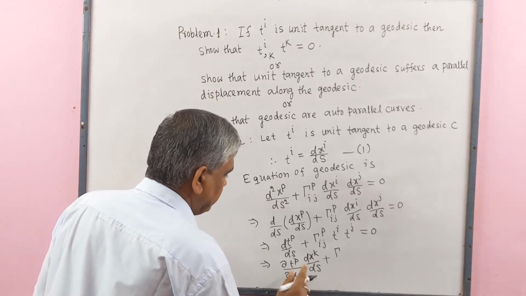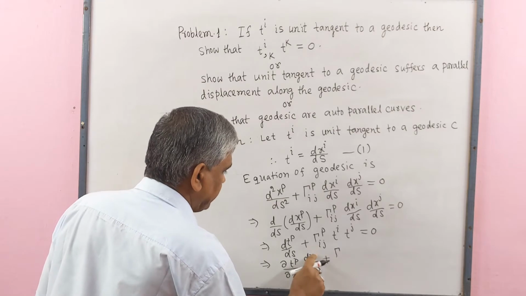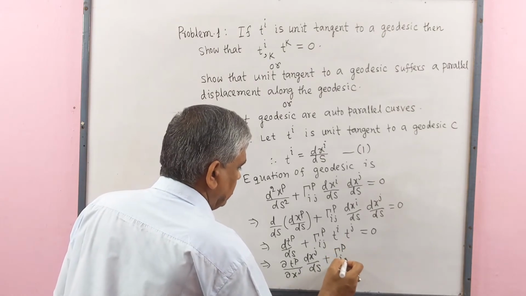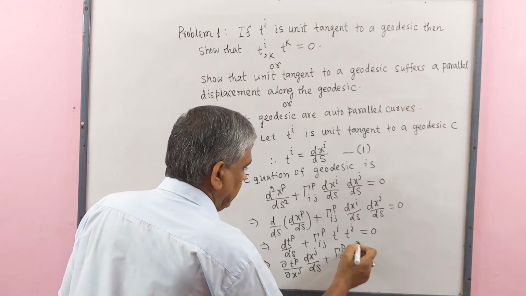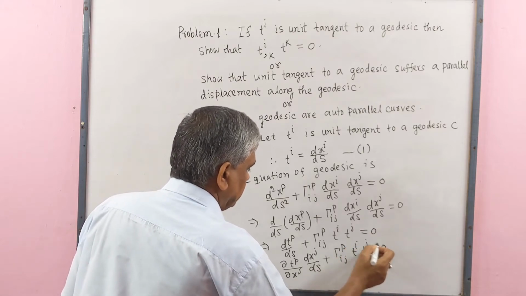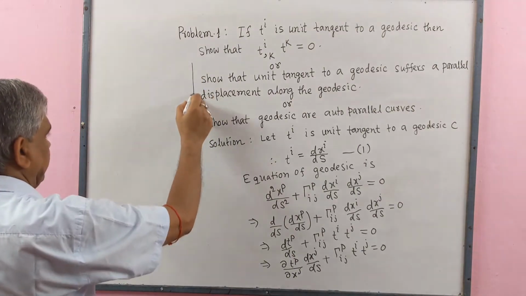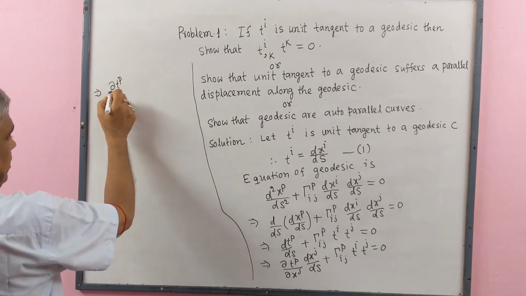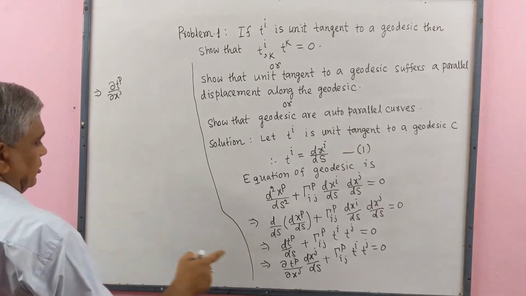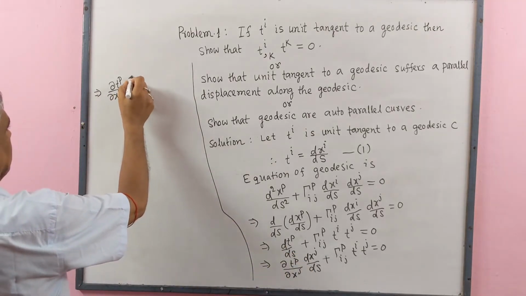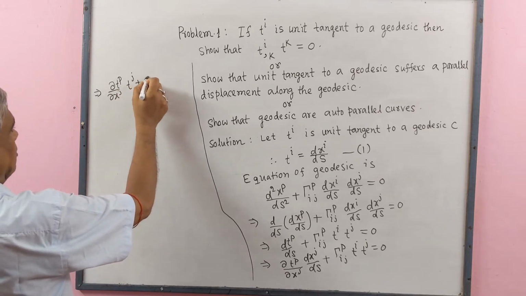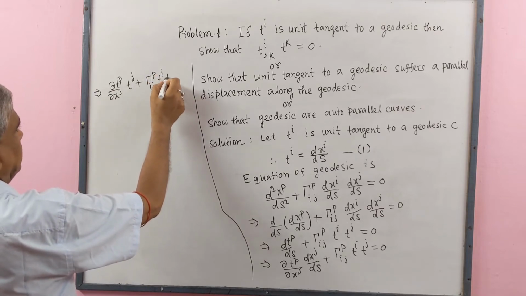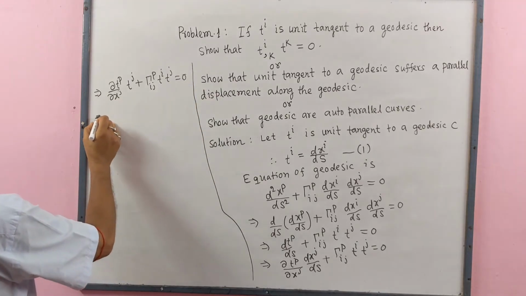We may write j also as the dummy suffix, in place of k we may write j, Ti Tj equals 0, implies that del Tp by del xj, this is Tj, plus Christoffel symbol of the second kind p ij Ti Tj equals 0, implies that